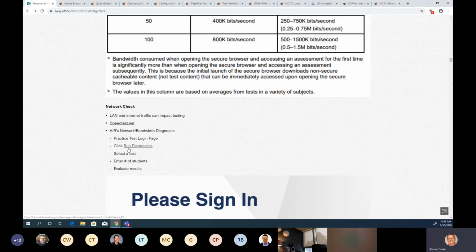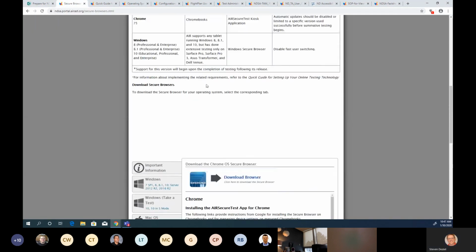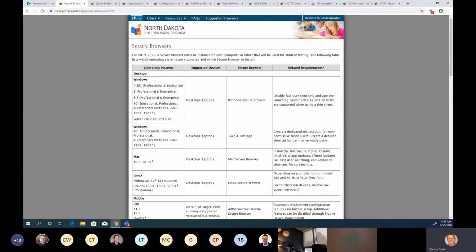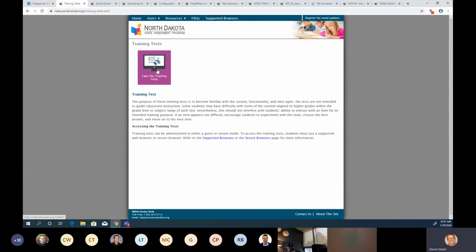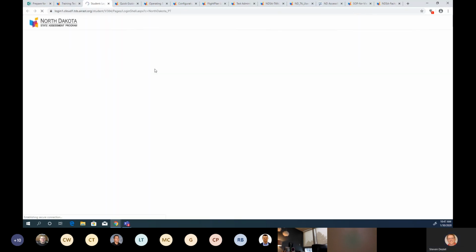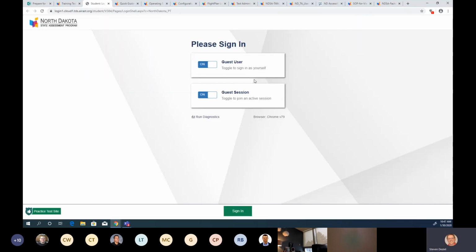But if you're wondering where it is on the portal, if I go back to the portal and go back home, and like I said, there are many ways to get to it, but one way is just over on the right here, training tests. Click on that, take the training tests, and right underneath where it says the sessions and the user, there's a run diagnostics button. Click on that,